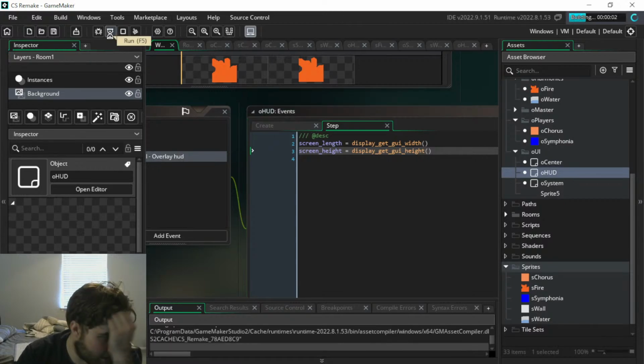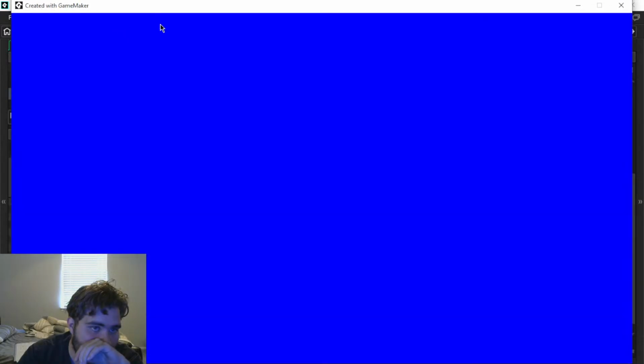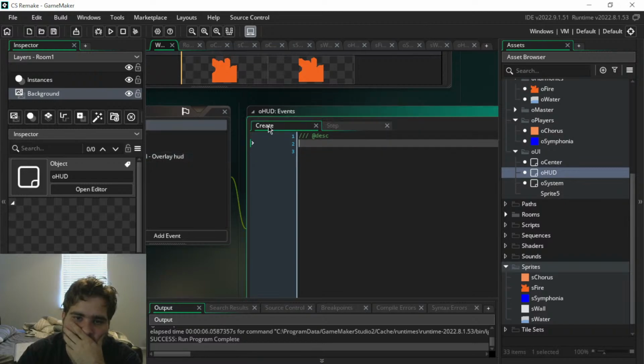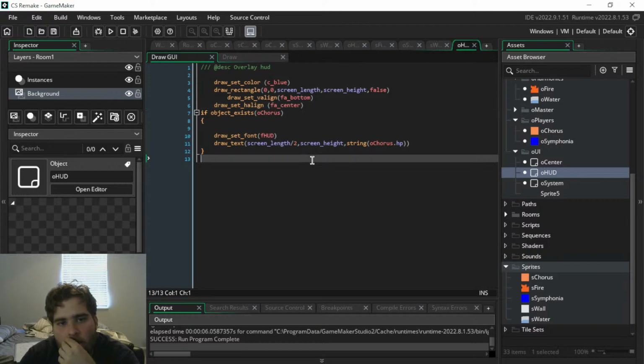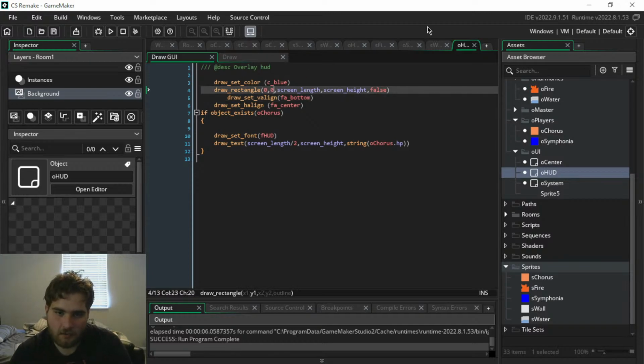If you do display get GUI height, then that should fix it. Yeah, it's fixed now. All right, so let's go back to the draw tab here. And I'm going to set this to X should stay